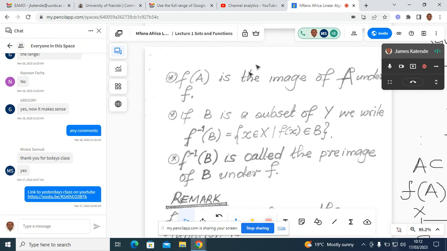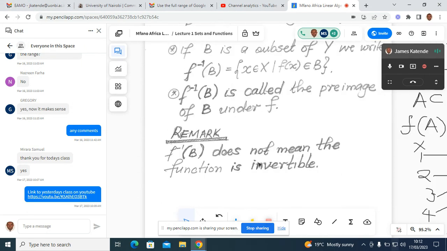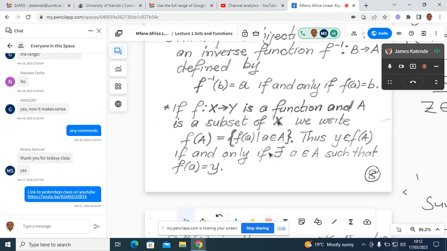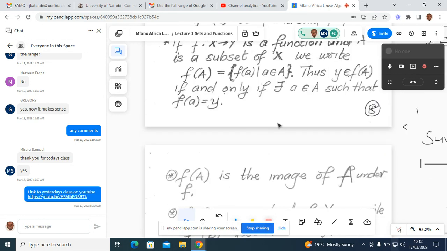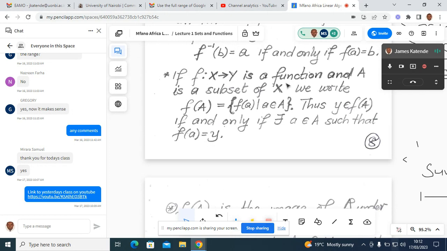Yesterday we stopped somewhere here on functions. There was a small bit remaining on functions, so I want to cover that last bit on functions before we move on to talk more about the sets. So I will start from this point. So this one says